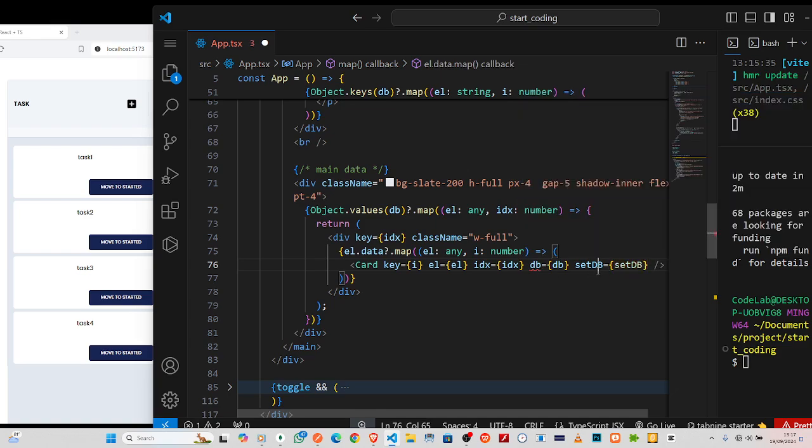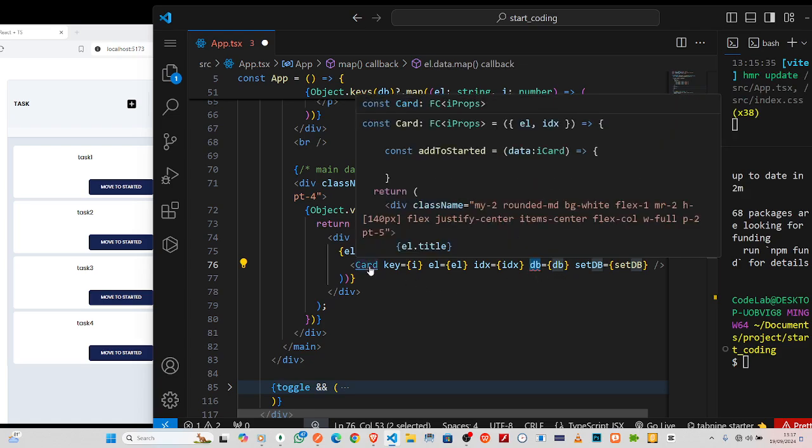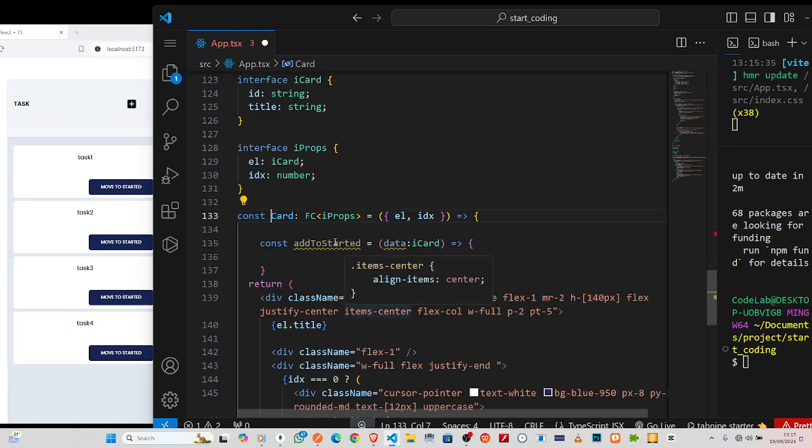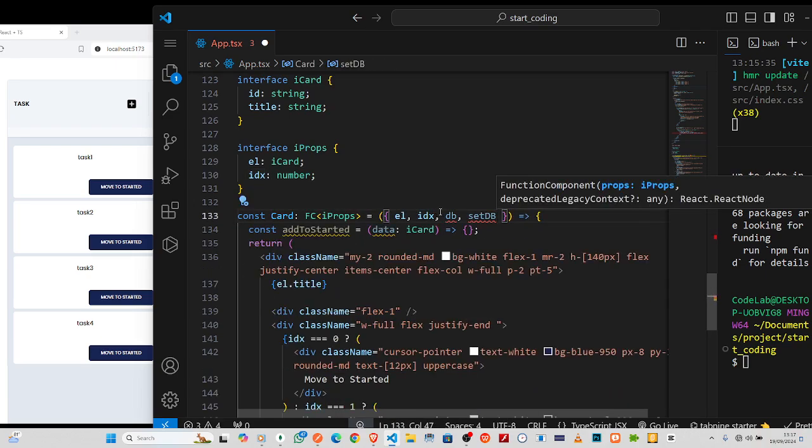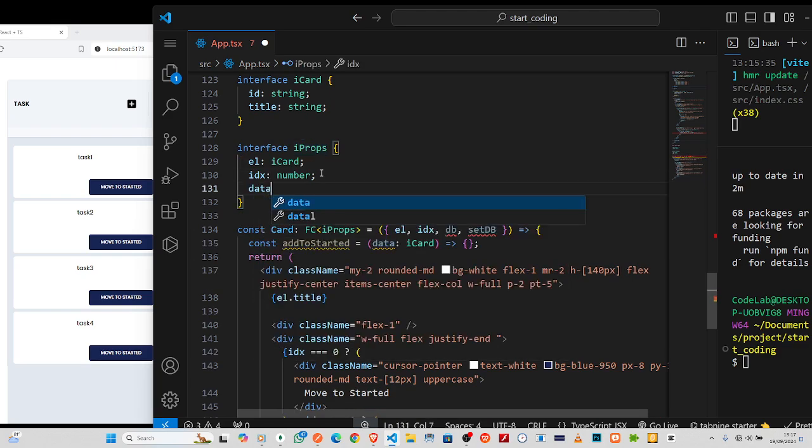Okay, good. So we'll fix this issue here. Let's see. Okay, so we'll come to this card here to fix that. So here we need this, and inside here,